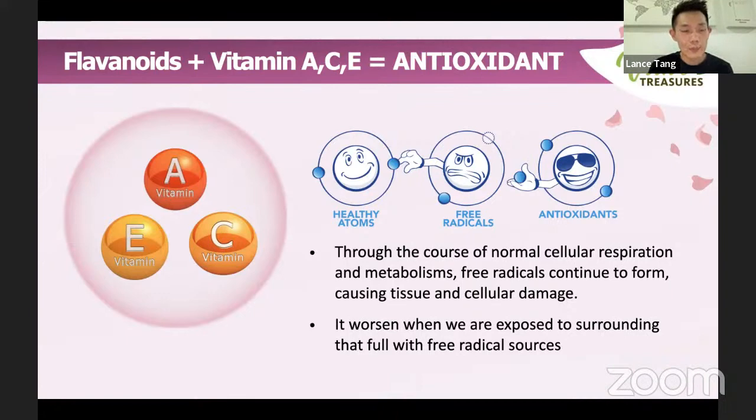So with the combination of all these types of flavonoids and also the vitamins A, C, E, it becomes a super antioxidant, right? So whenever our body is exposed to these free radicals that will cause all these kinds of skin problems, okay, it will actually help to fight. Okay, but first of all, we need to know what a free radical is. So free radicals, we already know all types of the sources. Okay, pollutants, UV light, we have all this blue light,